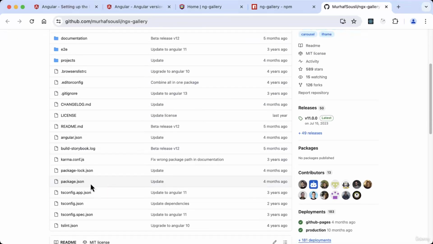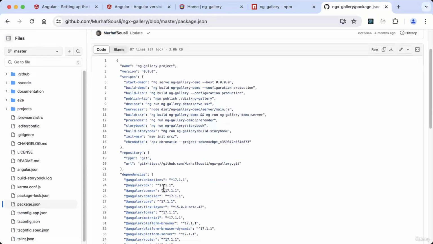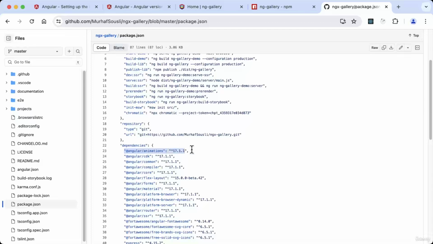And we can find out from the package.json file. So I'm going to take a look inside here and see what this project's dependencies are. We can see that this is dependent on several Angular packages, 17.1, but the caret again is quite important here, so it's at least 17 point something. That means if I'm using a version of Angular 17.1, 17.2, 17.3, I'm going to be able to use this